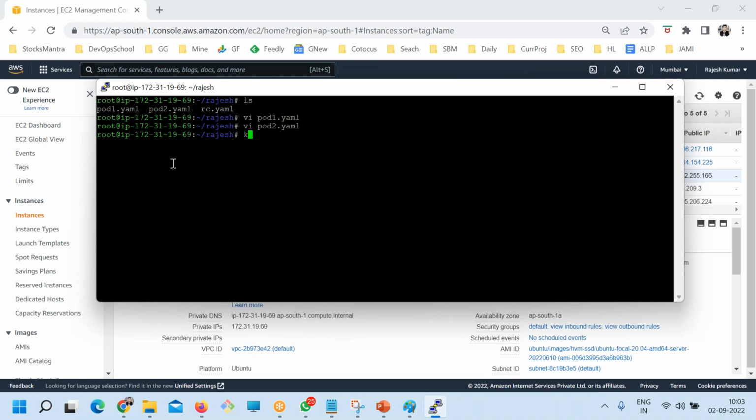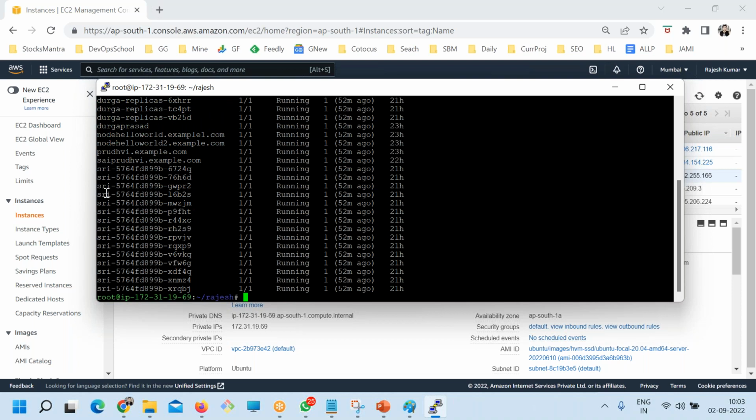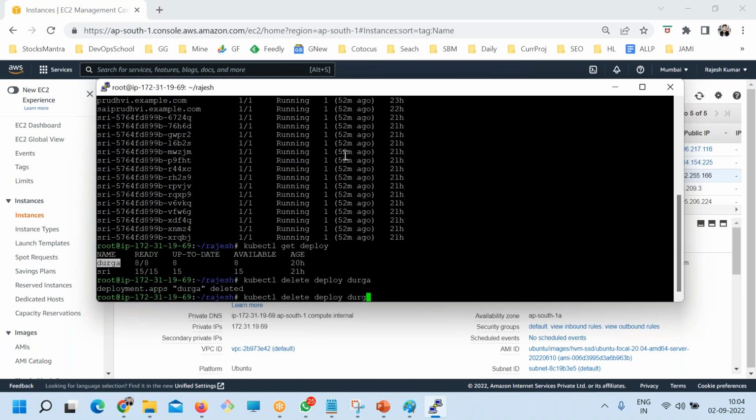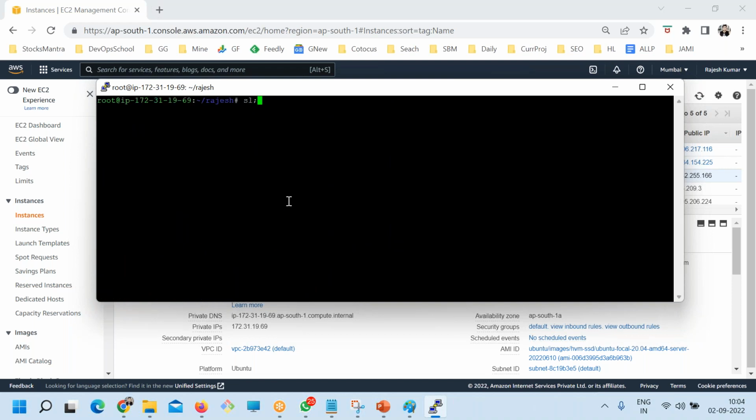So right now, kubectl apply. First let me see what we have. So get pods. Oh, many people are running. Just a second. You should not run in the deployment, guys. Durga and Sri, you run in the default. We should not do that, because each one of us will have our own namespace. So I'm cleaning up a little bit for my work.